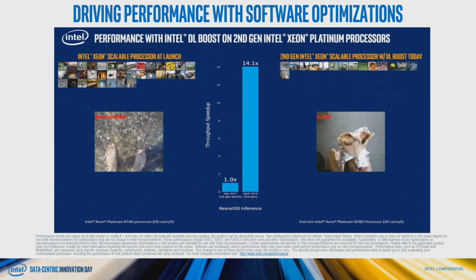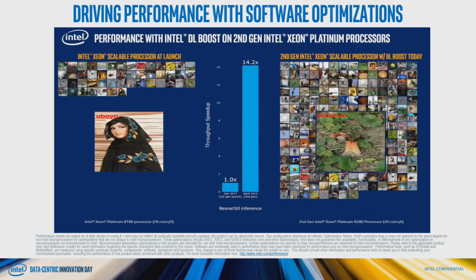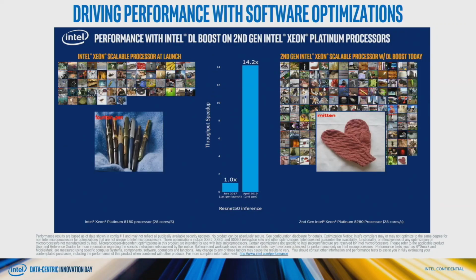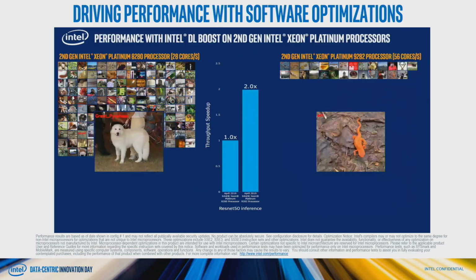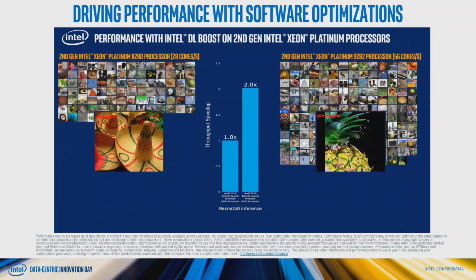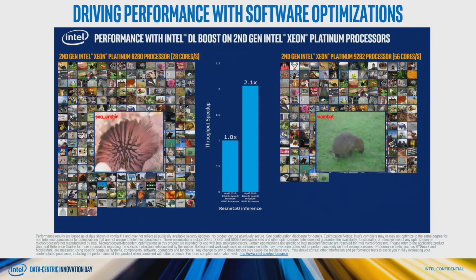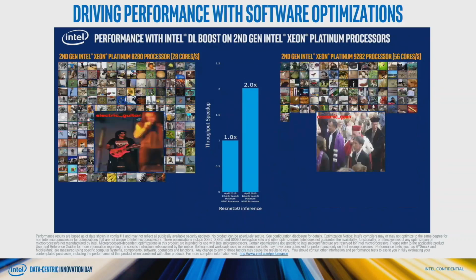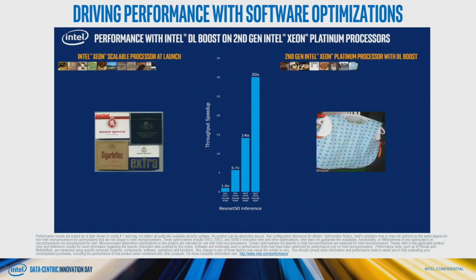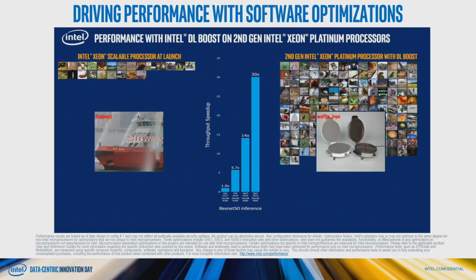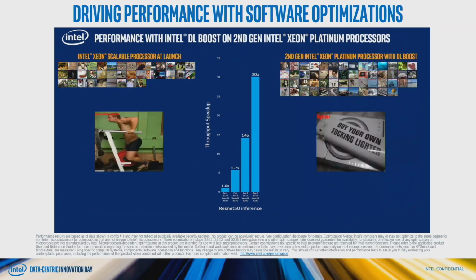So there was a 5.7x improvement in speed up when we started, and then now with DL Boost, with the baseline, we're able to get a 14x improvement in speed up. If you see the difference, it's basically how quickly we're inferring. You should be able to see it in the demo. And it's not just PowerPoint. This is just a video of a real demo that we took.